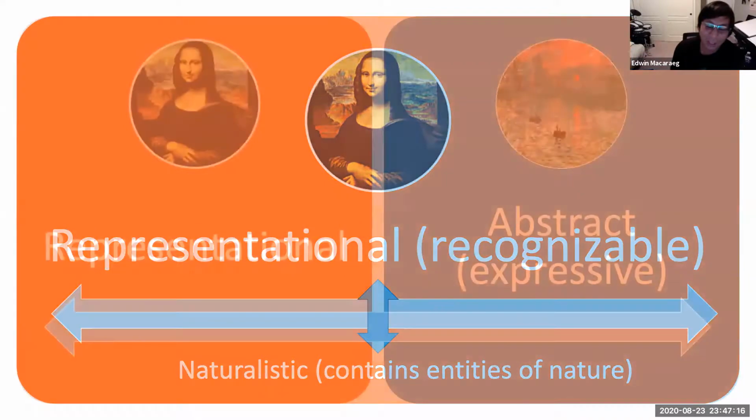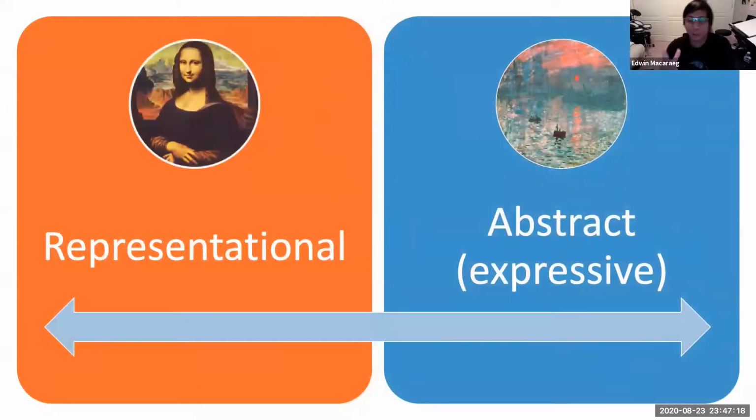Okay, and so say that there's a work of art that is representational, in that the artist chooses to go a different direction, that the artist starts to be a little bit more on the expressive side, and then now that work of art suddenly becomes abstract, and we have a work of art there by Claude Monet, one of my favorite painters, even though it is fairly representational. I mean, just from looking at it, I can tell right away, at least in my mind,